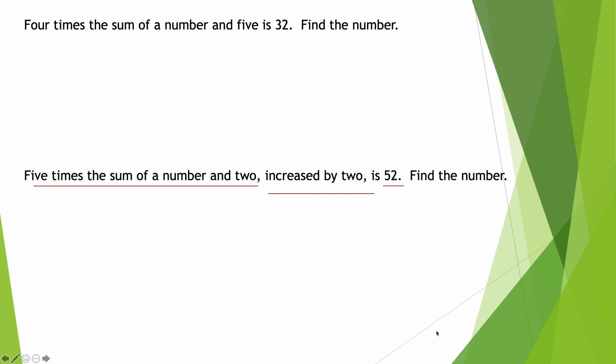Four times the sum of a number and 5 is 32. Find the number. Go ahead. Okay, so